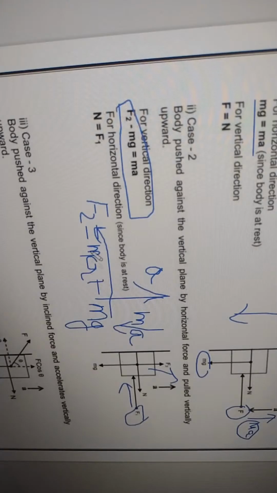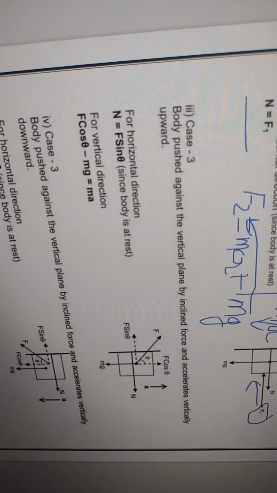The next is the horizontal direction. F1 is in this direction and N is in this direction, so we get N is equal to F1. So case 2 is over. Case 3 is